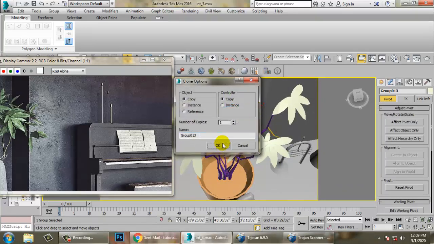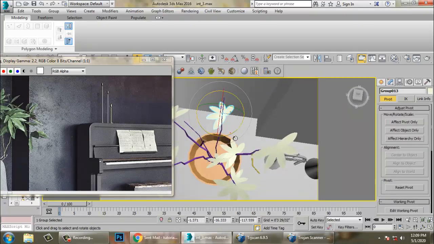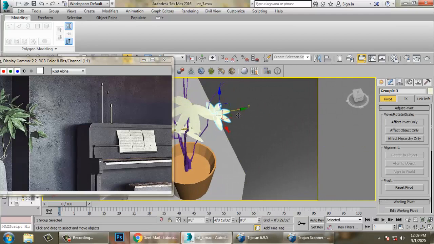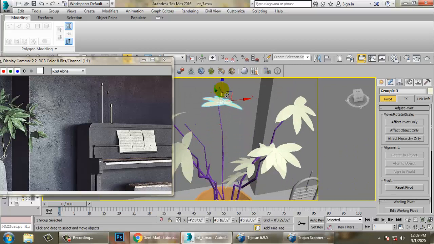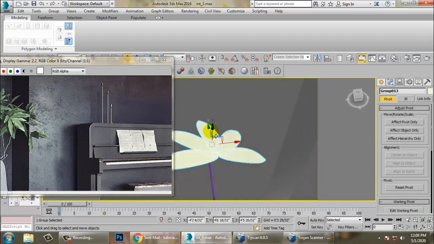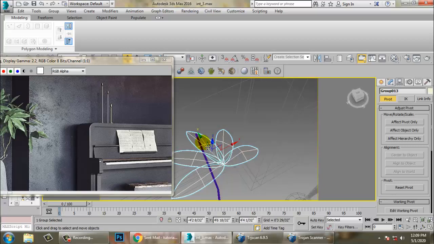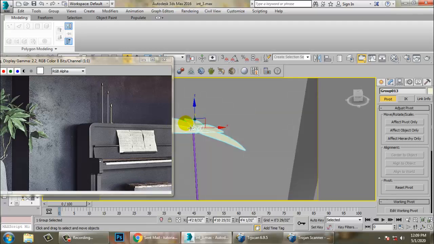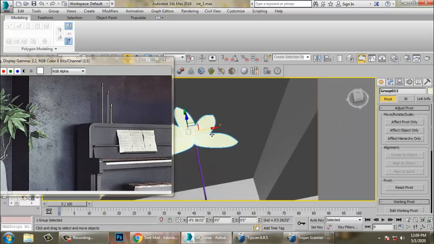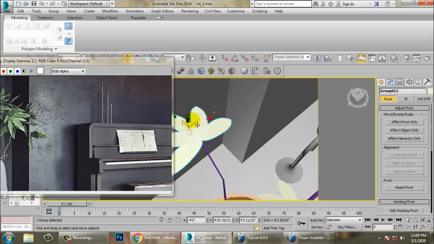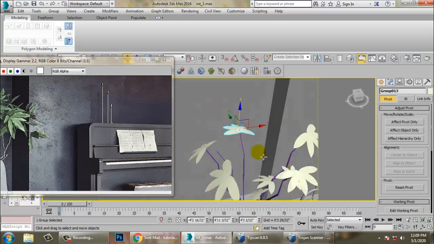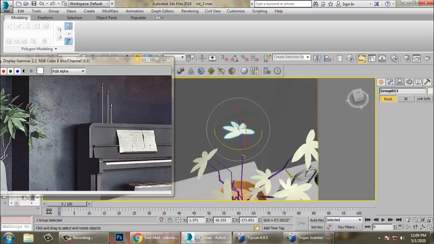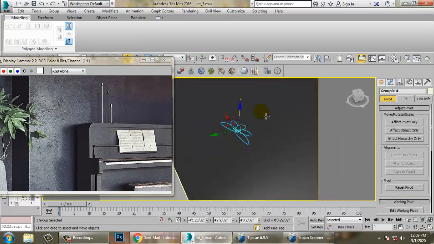Just duplicate it. Just push it over here. Push this up and make again one more copy over here.